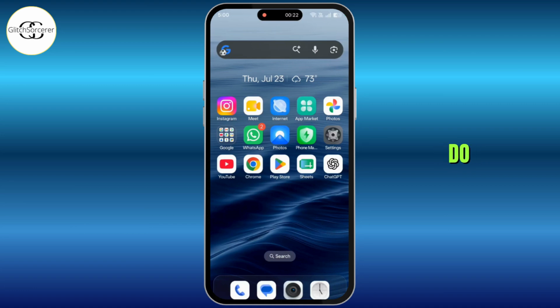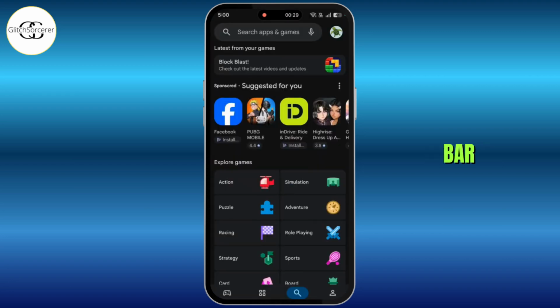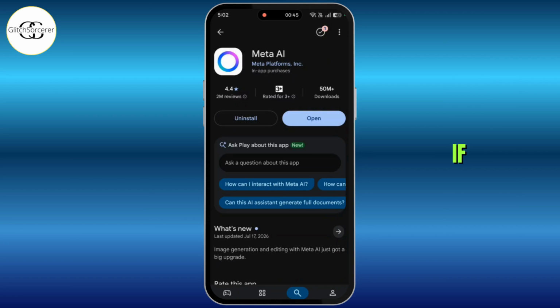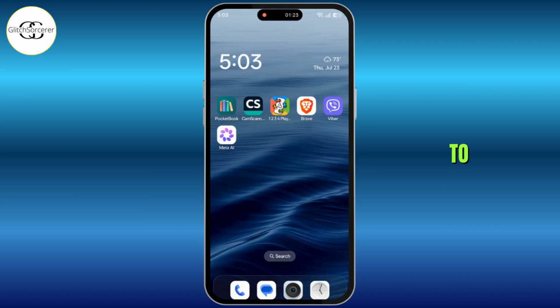Then the next thing that you can do is simply click on Play Store. In the search bar, search for Meta AI. From here, check if there is any update available. If there is, then simply update your app. And if your app is already up to date and you're still facing this error, then simply click and hold